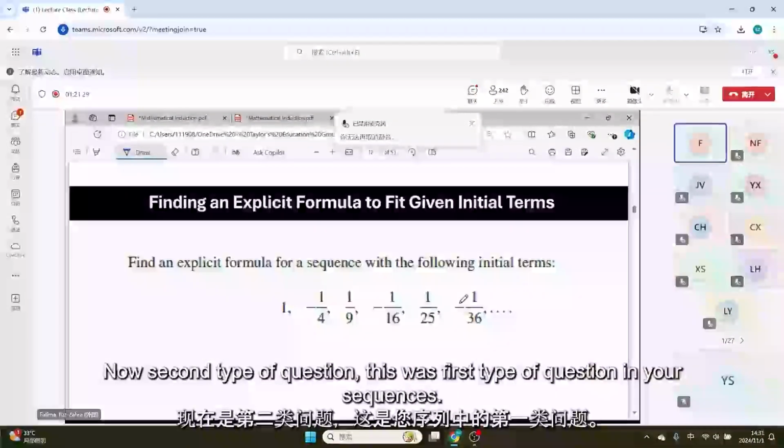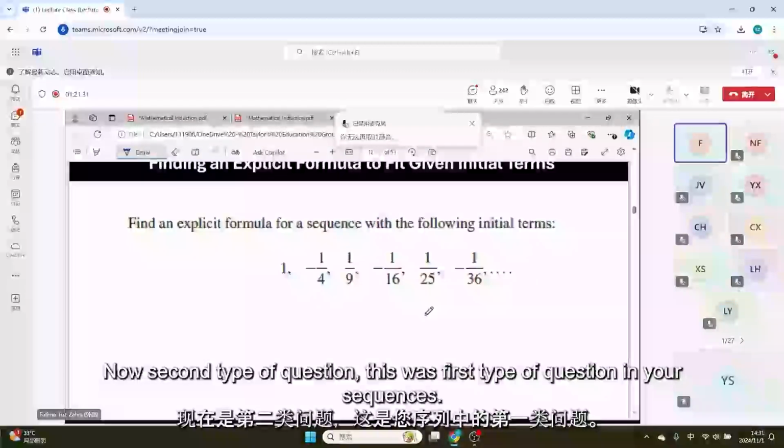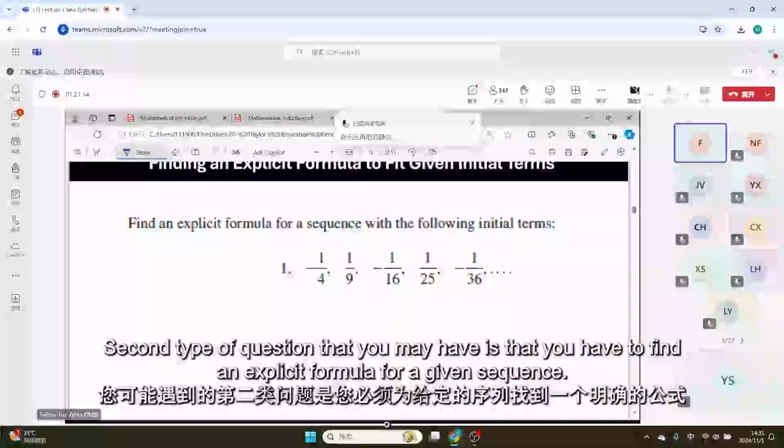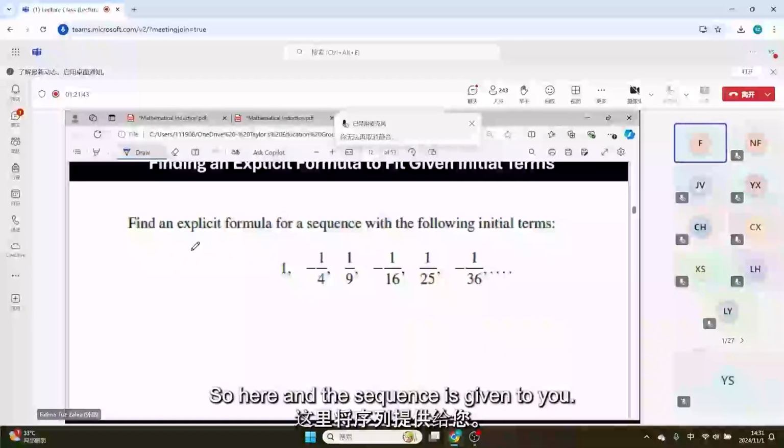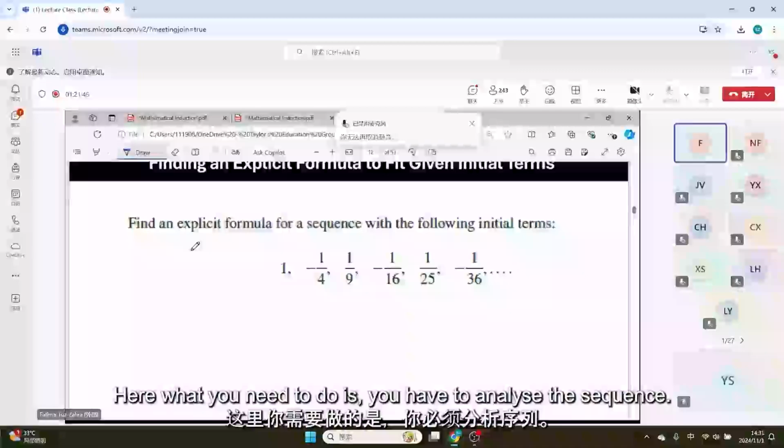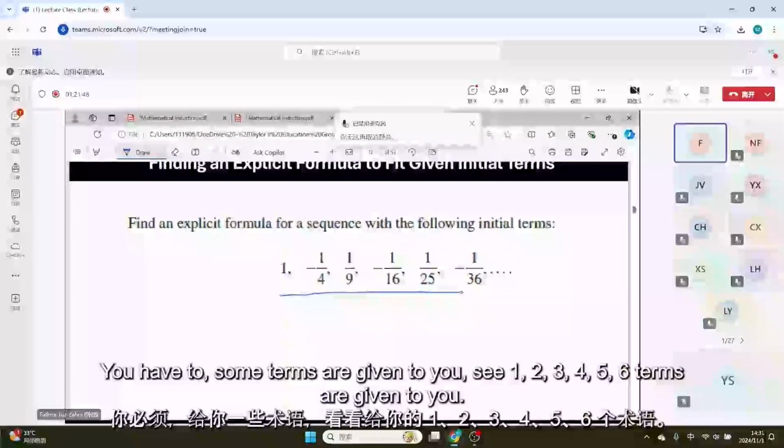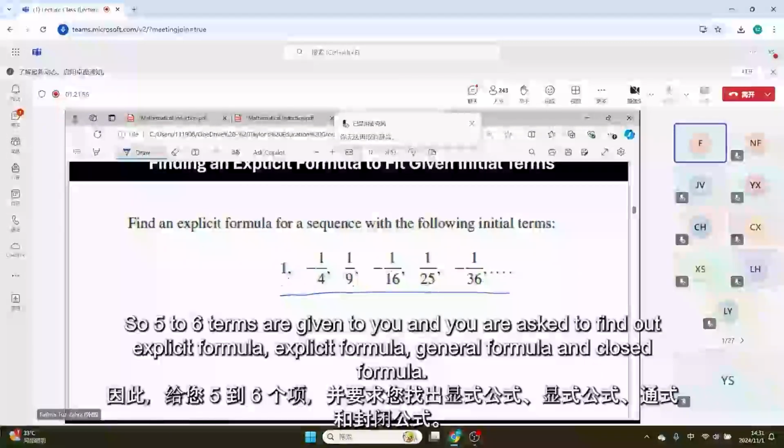Now, the second type of question, this was the first type of question in your sequences. The second type of question that you may have is that you have to find an explicit formula for a given sequence. Okay, so here the sequence is given to you, and what you need to do is analyze the sequence. Some terms are given to you. See, 1, 2, 3, 4, 5, 6 terms are given to you. So 5 to 6 terms are given to you, and you are asked to find an explicit formula, general formula,